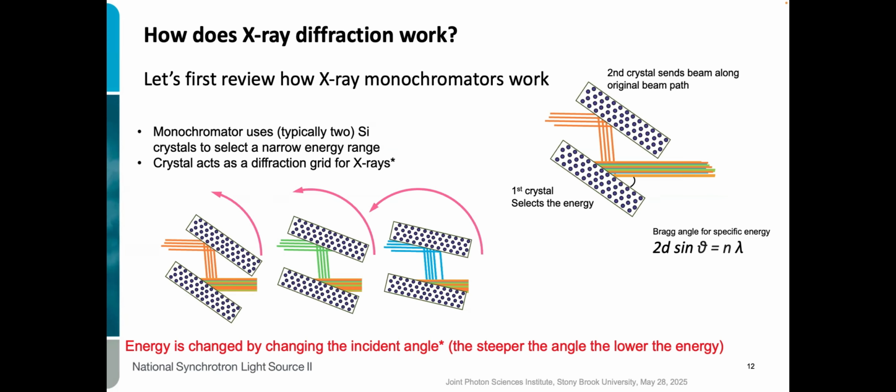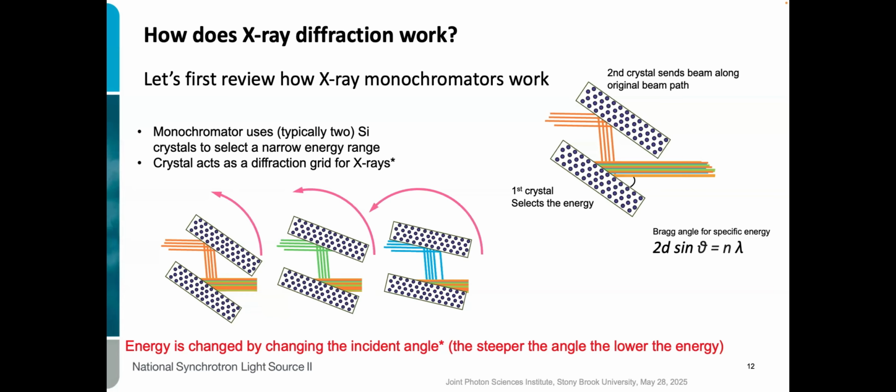For spectroscopy, we need to select and then modify the energy. As you remember the spectrum and the XES and XANES and all this, we need to scan the energy. And for X-rays, what works very well is crystals. Crystal lattice acts as a diffraction lattice, right? So those rows of atoms would diffract the incoming X-ray light. What comes out of a synchrotron is sometimes a very broad spectrum of X-rays, sometimes it's narrow, but it's definitely not enough to do what we want to do in spectroscopy. So out of all this polychromatic light, we select a certain energy, and then we use the second